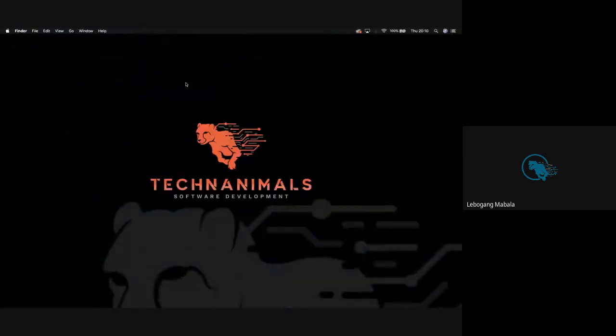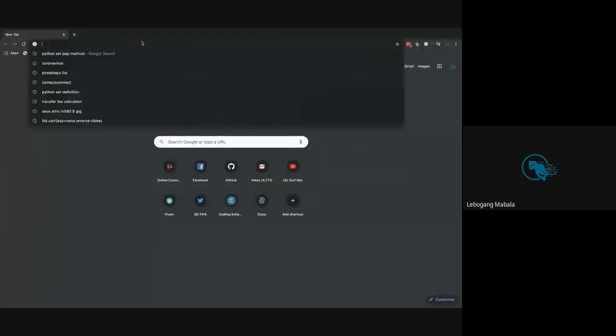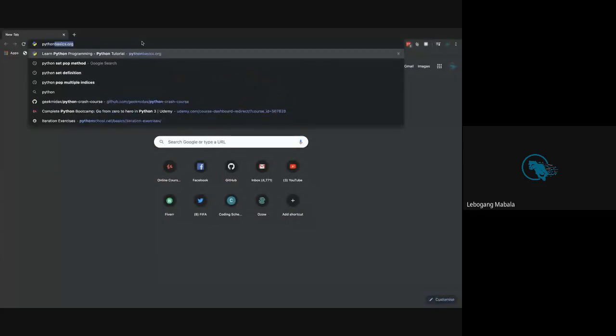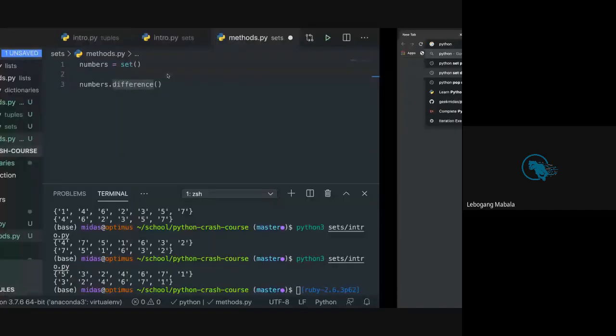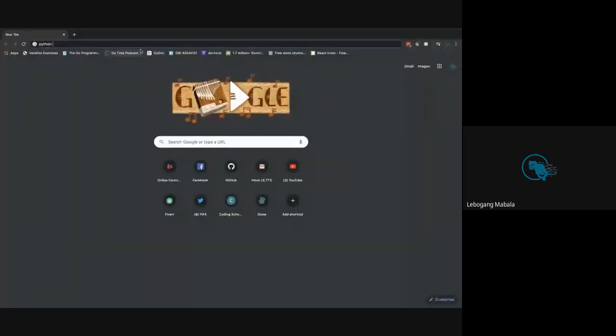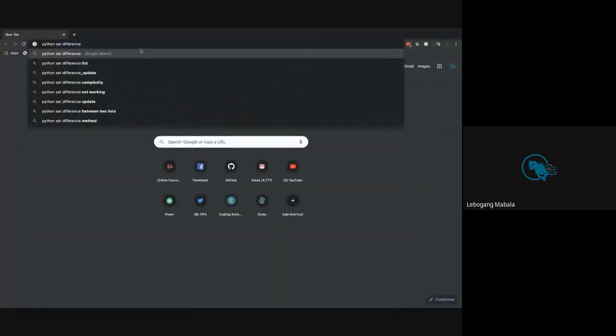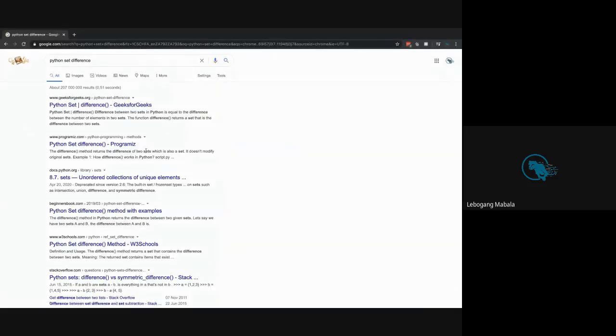So what you can do, so the other way, sorry. I can just go Python, what did I say? Python set difference, right? And then I can just do that. So there's the first one, I actually like using this one,